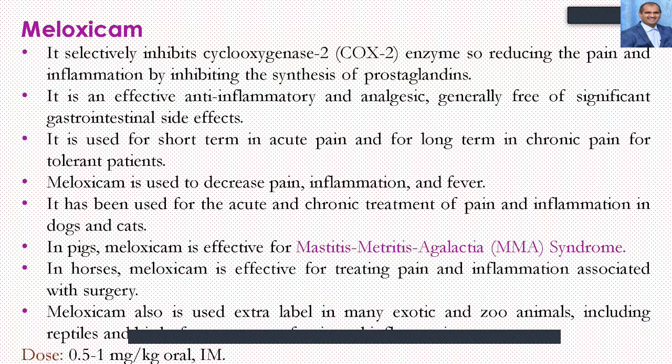So, what is an extra label drug? The extra label drug is one which is not supposed to be used in another species, where the doses and other things are not well established in XYZ species, but still we are using them. That's the extra label. So the drug is not labeled for the use of meloxicam in XYZ disease, in XYZ animal, but it is used and the efficacy is broad. So this is known as the extra label use.